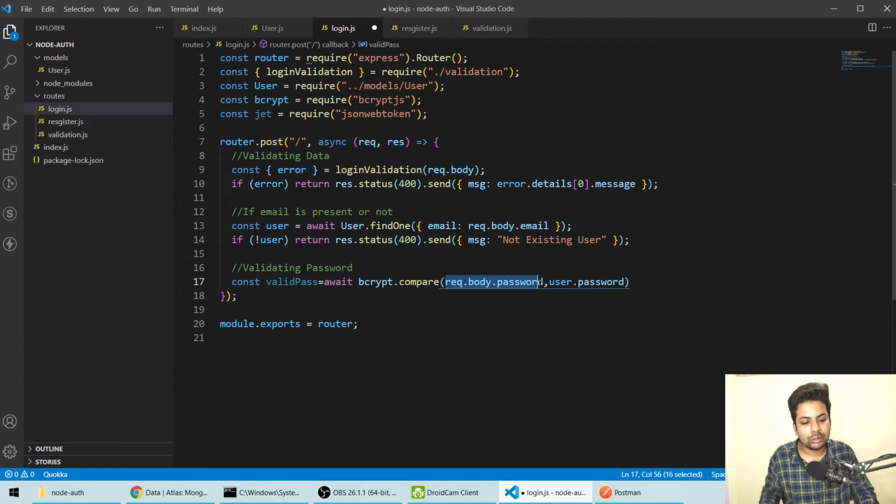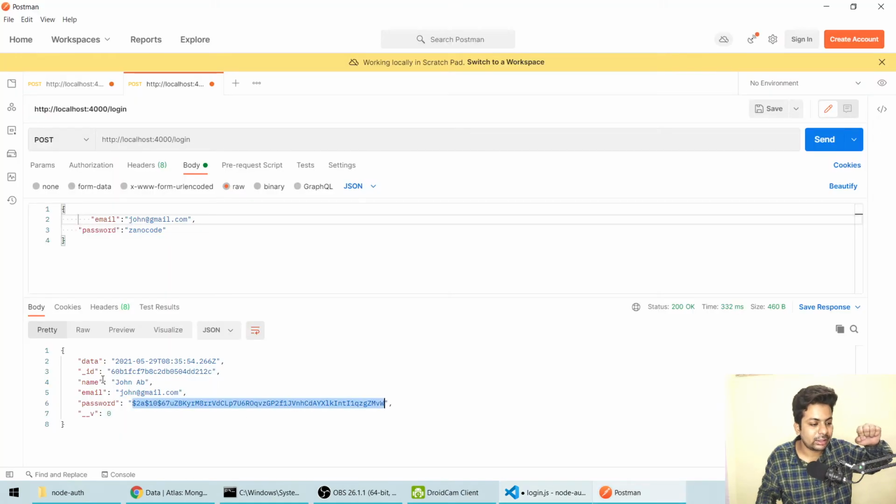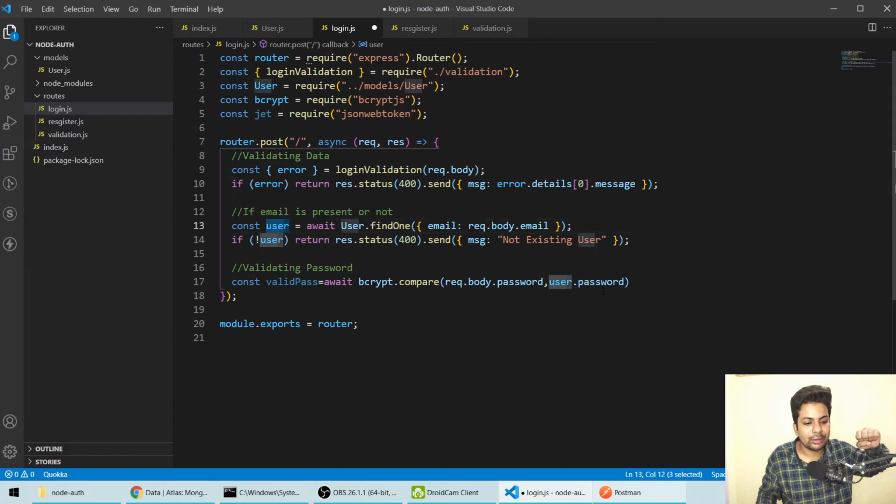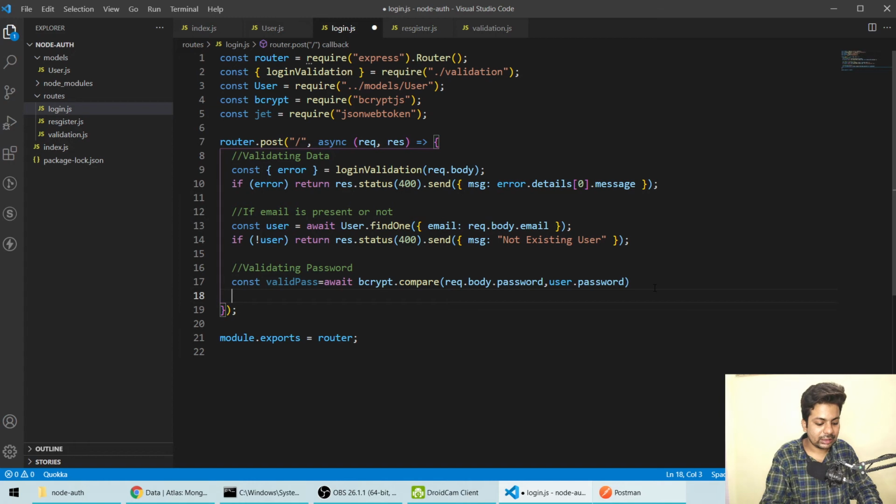We'll say request dot password, the password the user is sending, and whatever password the user has. So I'm getting this user password. Just compare with it. This await sends a response as true or false.